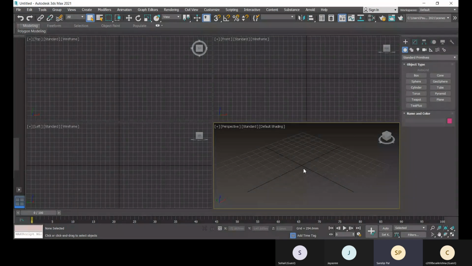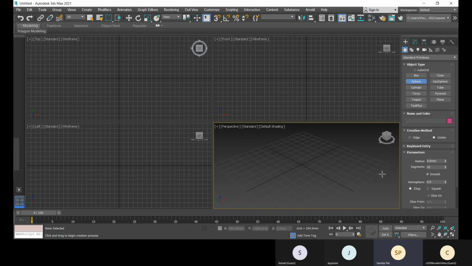Now let's go to some more modeling parts. In the previous class we checked how to create a box and cone. We can create a sphere also. The creation method is center, so this will be the total center of that model.